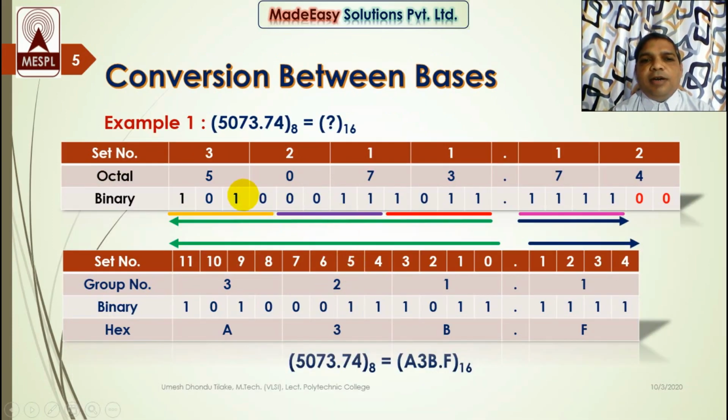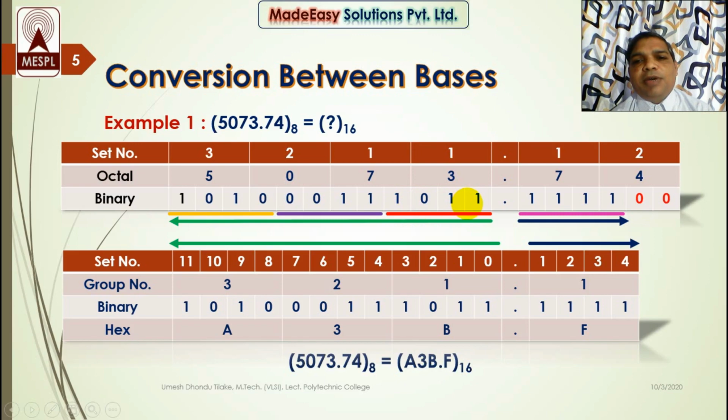So I have written down the binary equivalents of each octal digit, and this is the equivalent binary number of this given octal number. Now convert this binary into hexadecimal. While converting a binary number into hexadecimal, we create groups of 4 digits each, from LSD to MSD in the integer part and from MSD to LSD in the fractional part. I have created the first group of 4 digits over here. This is LSD and this is MSD in the integer part, while this is MSD in the fractional part and this is LSD in the fractional part. My first group is 1011, shown by this red color line.